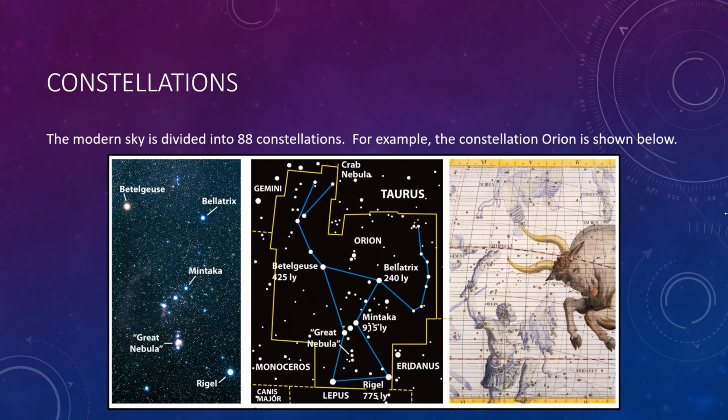For example, the constellation Orion is now defined to be an irregular patch of sky whose borders are shown. So here is what it would look like if you look up at the night sky on a really clear night, perhaps with some binoculars or a telescope. So here's the Orion. There's Orion's belt right in the middle. So here's the belt right here in the middle image. The Orion constellation is this bounded border like we talked about on the last slide. And then on the right is just an artist's representation of Orion.